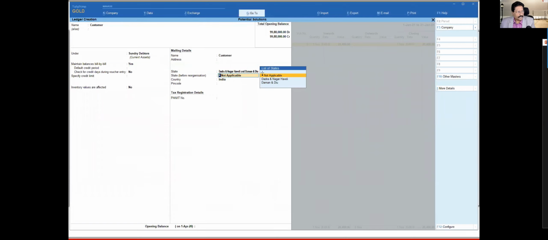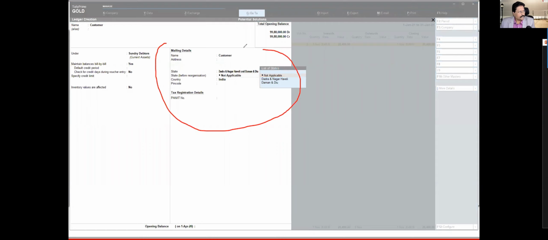This whole thing is the mailing information that I get by enabling the mailing detail.